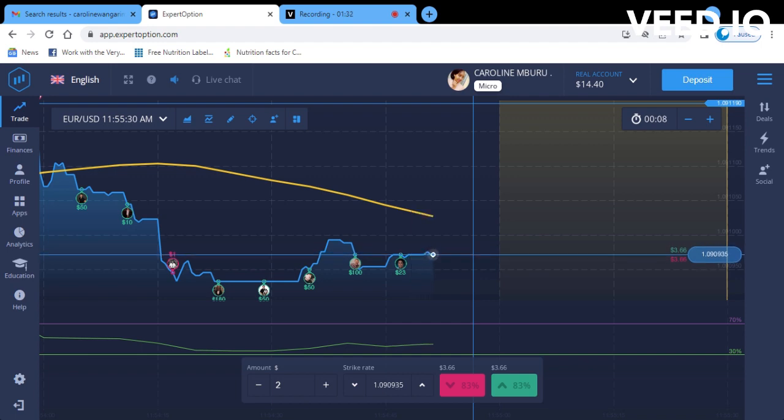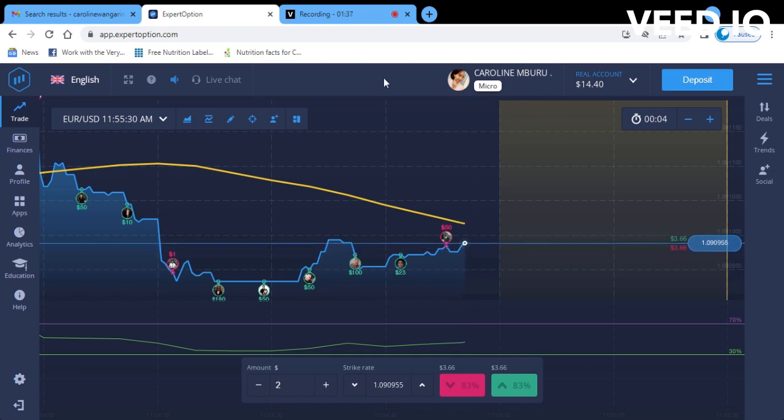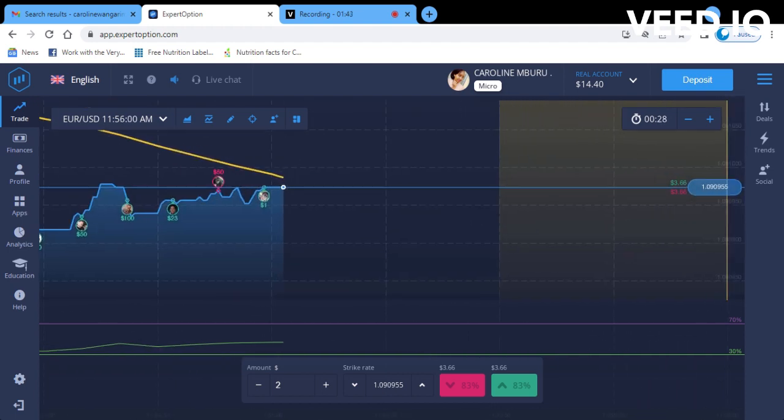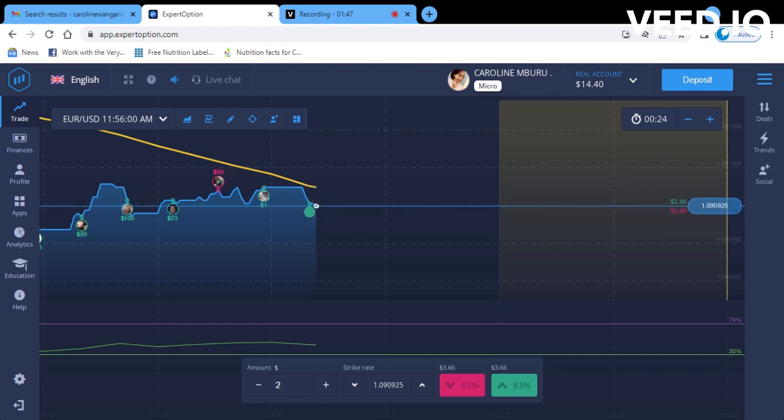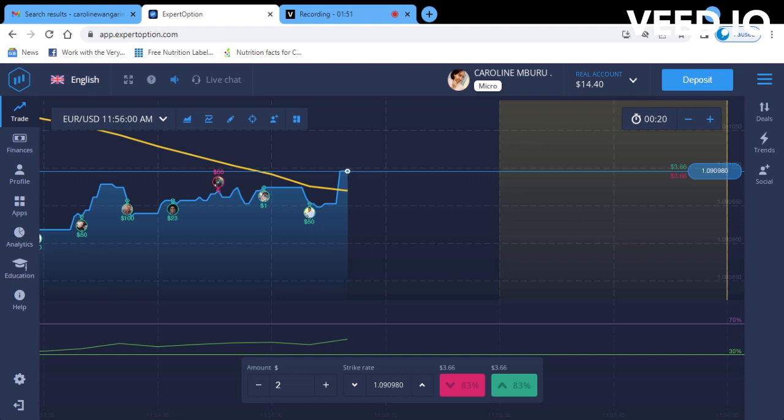The website that I'm using here on my screen is called Expert Option. The reason I decided to use Expert Option to do this trading is because they ask for a minimum of only $10 for you to start trading with them, which I feel is not a lot of money, especially if you're a beginner and you do not want to risk much. You just need $10 to deposit, and the minimum withdrawal is also $10. So I felt like that was so friendly.